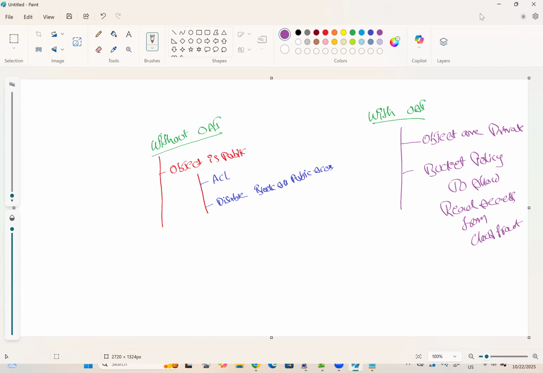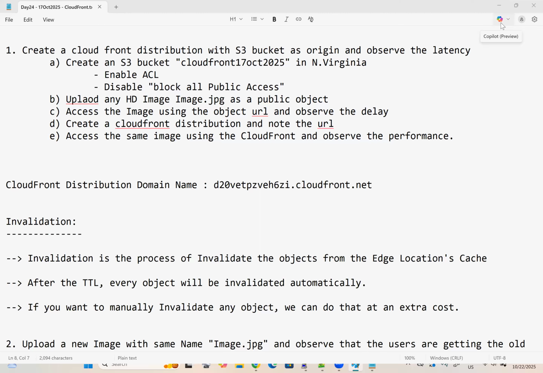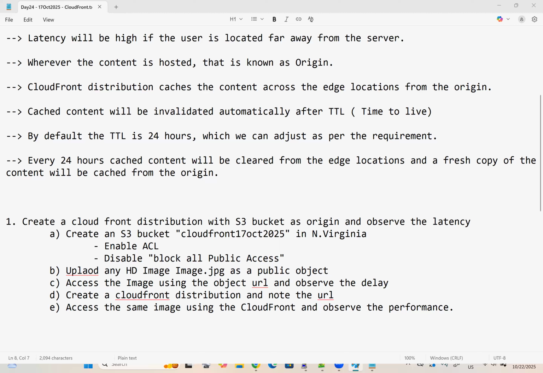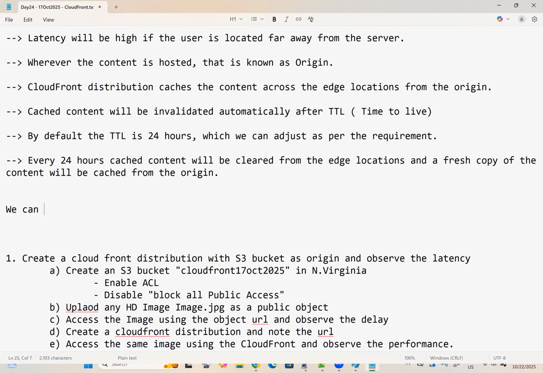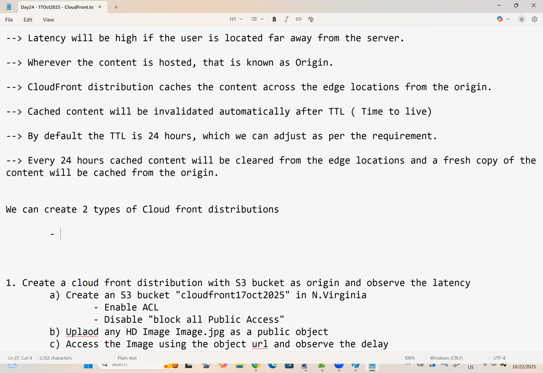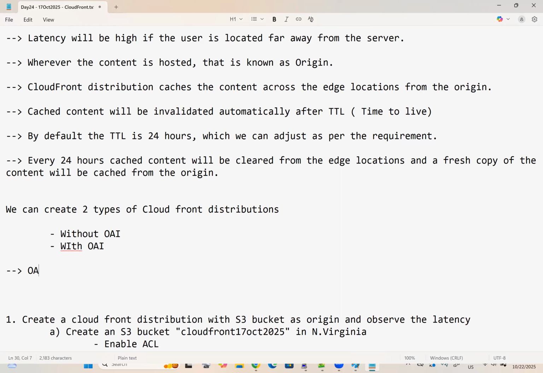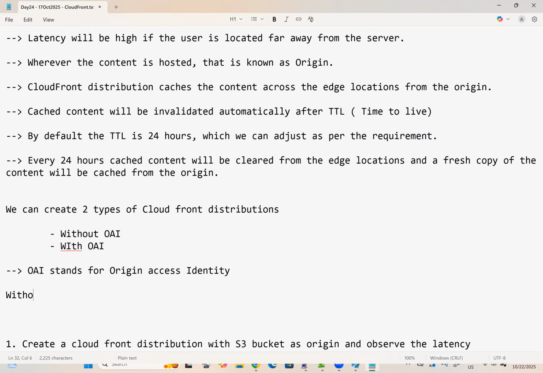So what I want to do is to make it more clear. I don't want to be rushed to complete the topic. Let me add a few things here. We can create two types of CloudFront distributions. One is without OAI, and the second one is with OAI. OAI stands for Origin Access Identity. So first, let us talk about without OAI,